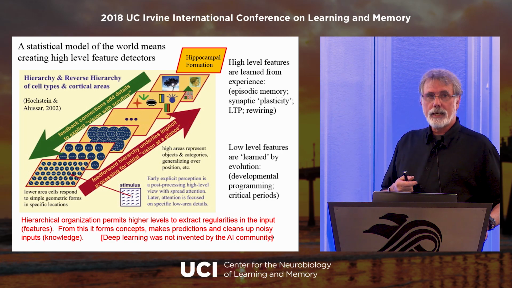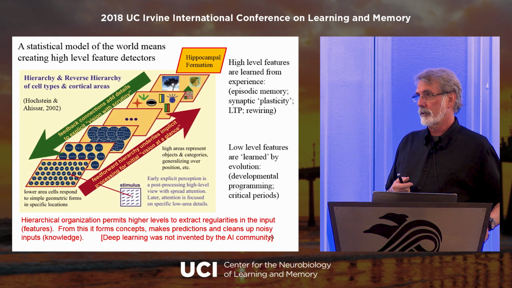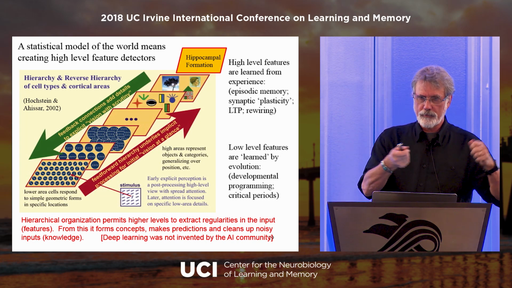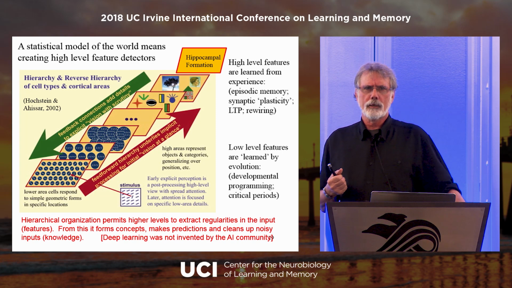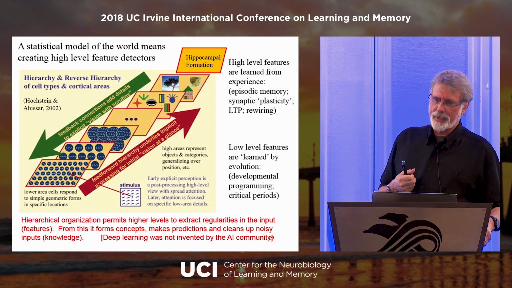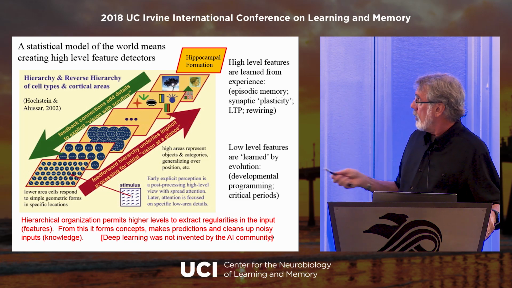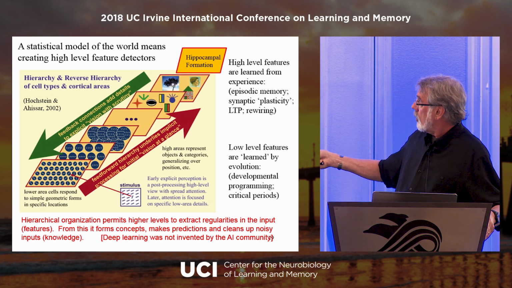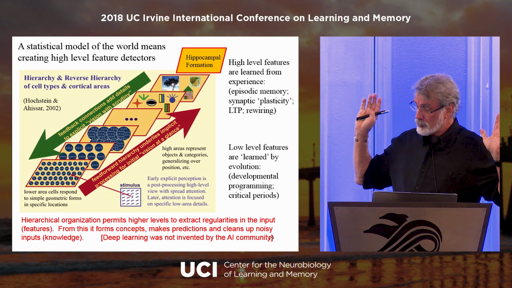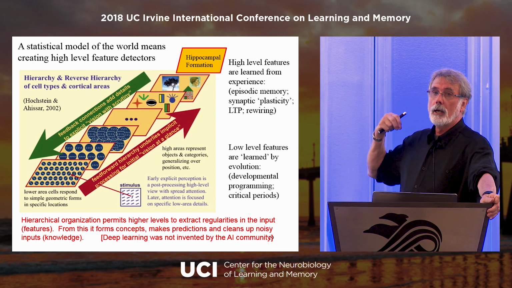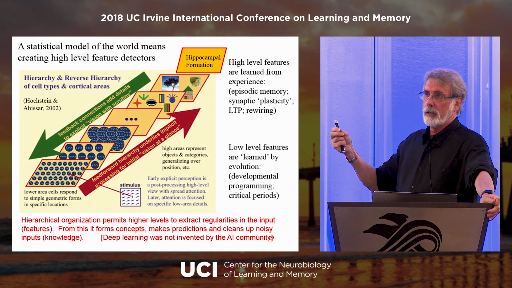But there are many, many things in the world that you wouldn't be able to predict by evolution, that change radically from generation to generation. If somebody years ago had shown me one of these tablet computers, I would have been totally blind about what its function was and so forth. So basically, all of these high-level features, actually evolution can predict some of them like faces and so on, but many of the high-level features need to be developed by the brain